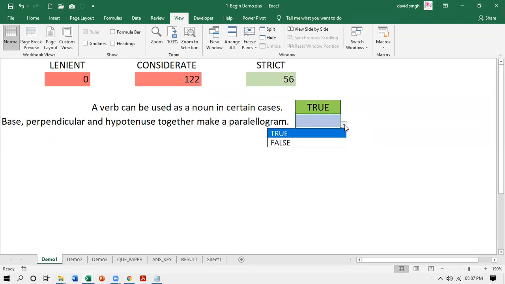Did you see? So instead of typing, because typing by a student, typing by anybody, they can misspell. It can be a typo error. But with drop down, this is minimized. This is rather taken care of. So I can click from this drop down list. And if you notice, cells are changing appearance depending on the value they have been put in.